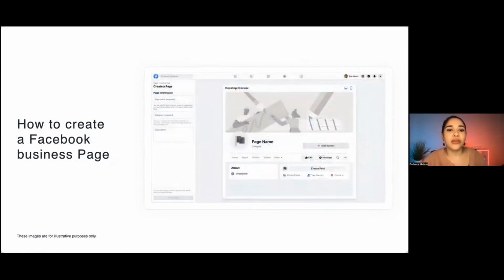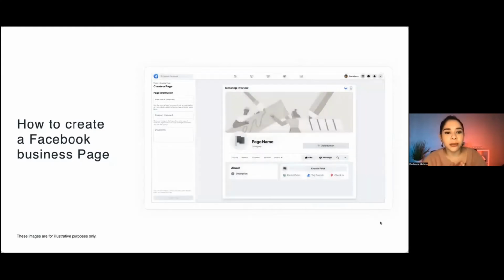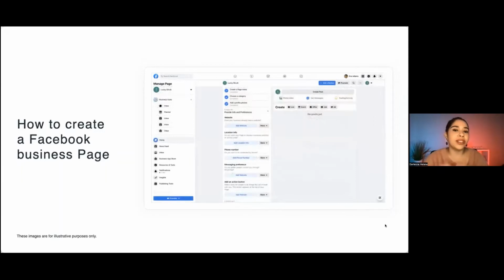This will direct you to the Create a Page section, where you will start filling out all the information regarding your business. Be sure to give your business page a name that your clients are going to be able to recognize. Assign it a category that's going to best describe what your business offers. So for example, Lucky Shrub is a lawn care and plant nursery business. So under their descriptor, they're probably going to select plant nursery because in the digital space, their goal is to